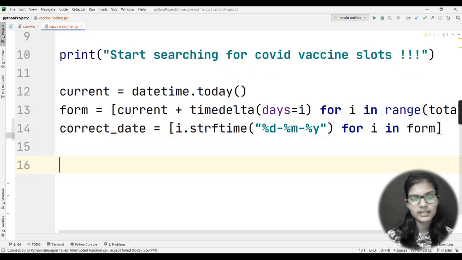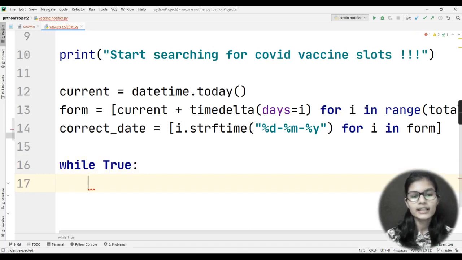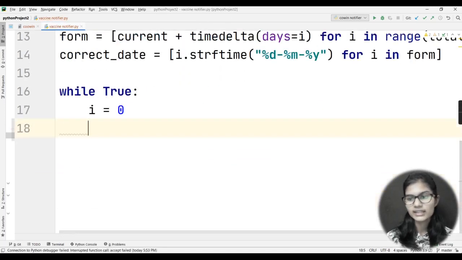Now the next thing that comes here, the next part of this project that we are having, is that I need to apply a condition, that is while True. While True actually means that whatever I'm going to write here, everything is going to execute, right? So while True. Now here I'll be taking i is equal to 0. i is one of my variables that I have taken and assigned a value of 0. So again the work of applying my for loops starts here.